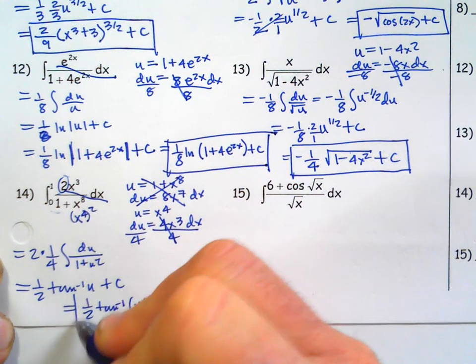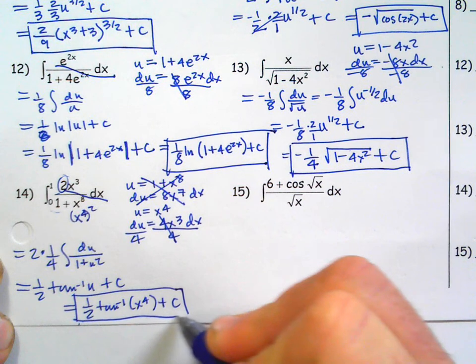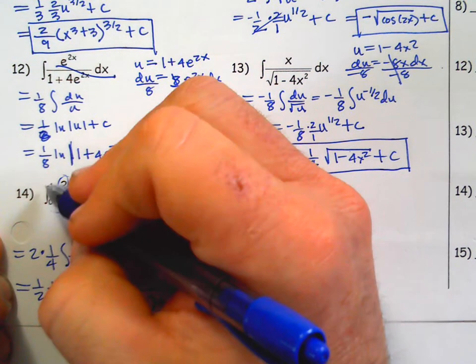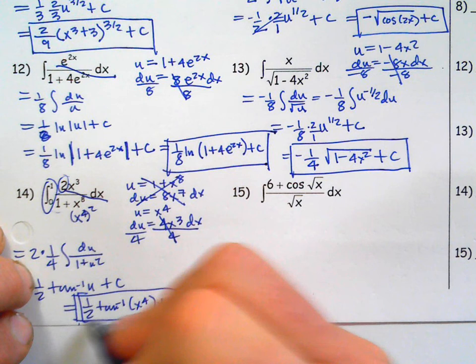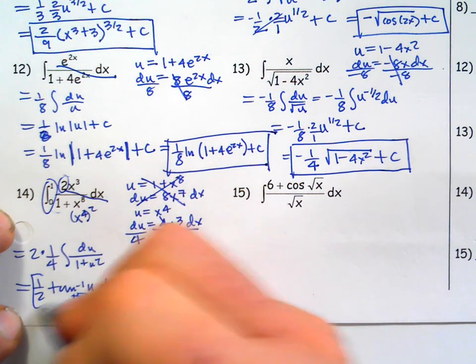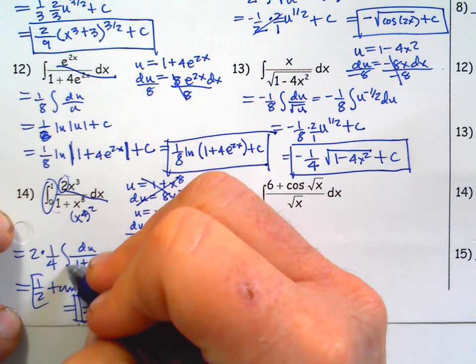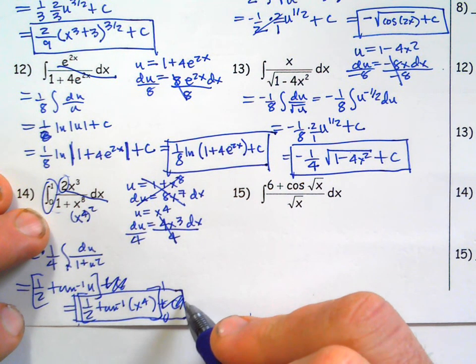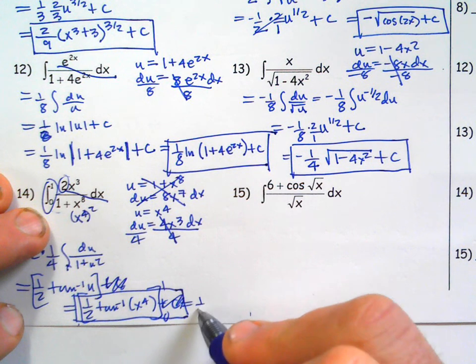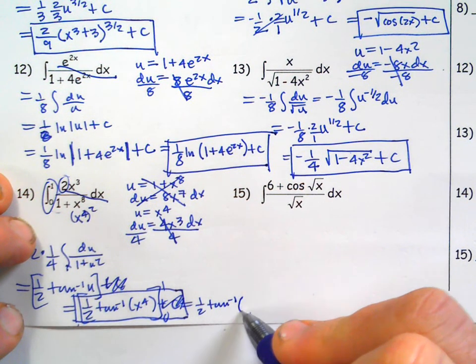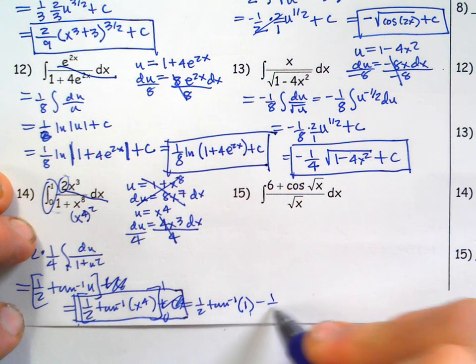So that was one of those more weird ones, but I tried the regular stuff first. Oh, this is a definite integral, by the way. So we're not done yet. You gotta do 0 to 1. So no plus c. So it's gonna be 1/2 inverse tangent of, if you plug 1 in, 1, minus 1/2 inverse